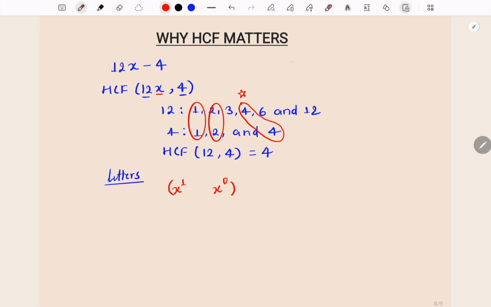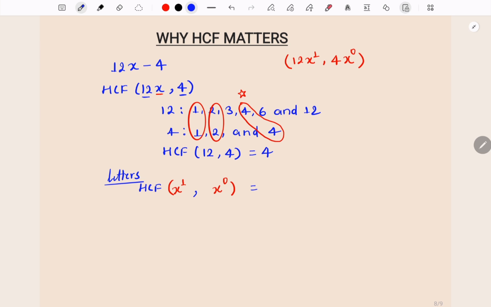Think of this as 12x raised to the power of 1 and 4x raised to the power of 0. Alright? So now, if I ask you to find the HCF here,